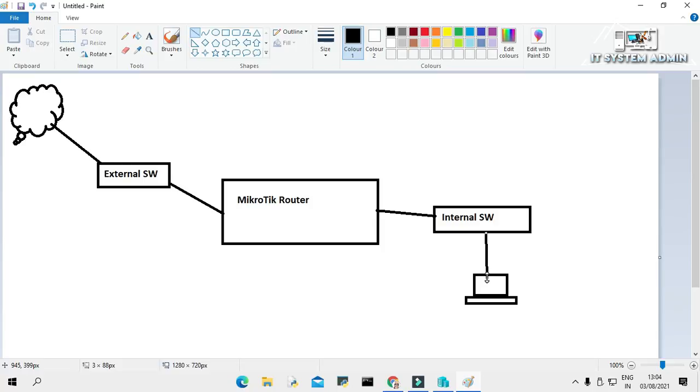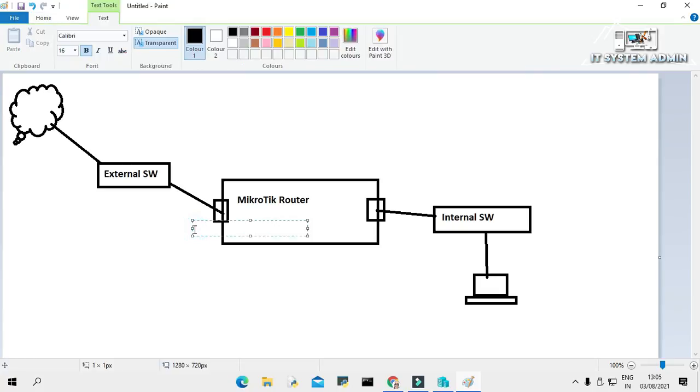Now you know your MikroTik router will use two interfaces, one interface here and another interface here. This interface will connect to the external switch, that is Ether 1,